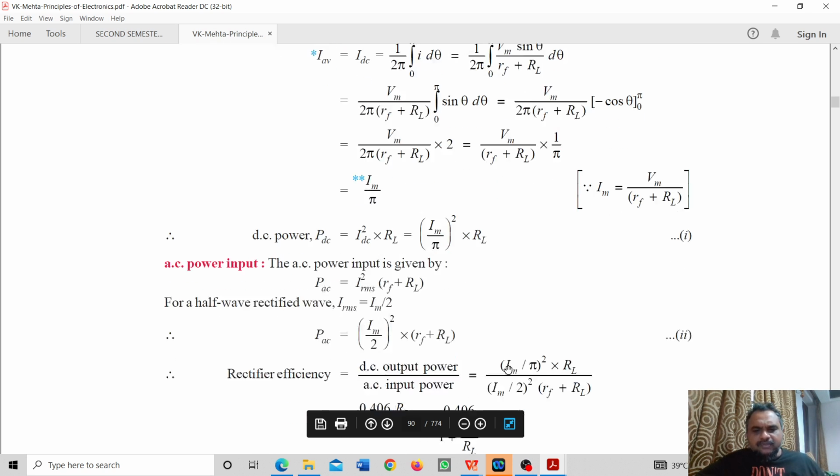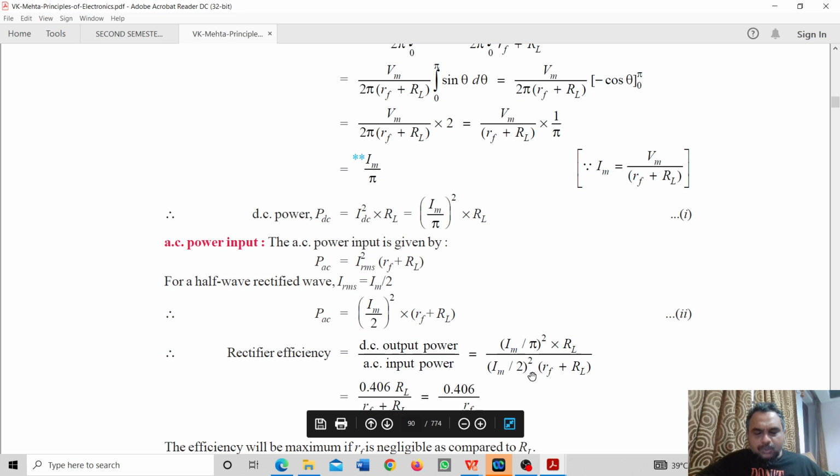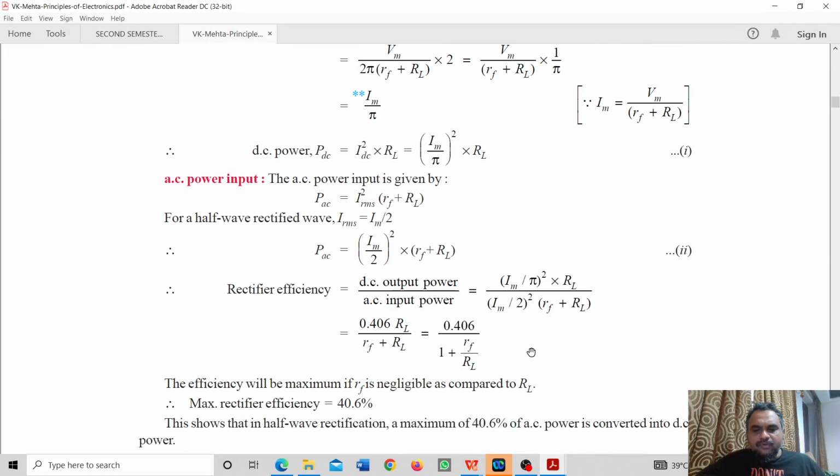Now I can find the efficiency. Just divide the DC output power by the AC input power. I have found the DC output power, that is (Im by pi) the whole squared into RL, divided by (Im by 2) the whole squared into (Rf plus RL). Im and Im cancel out, and we get 0.406 by (1 plus Rf by RL),